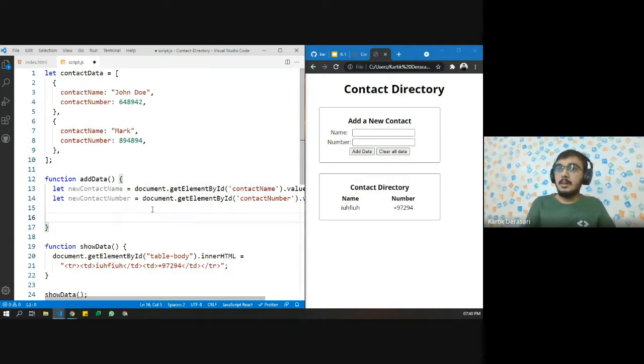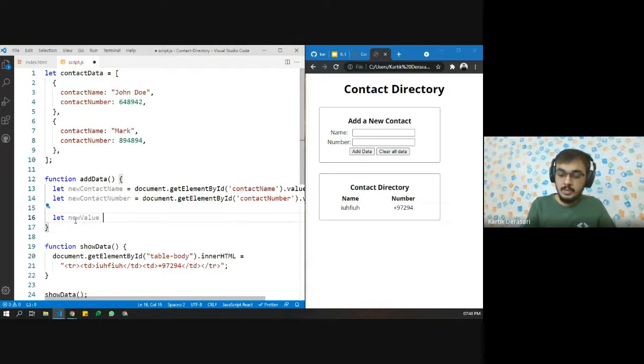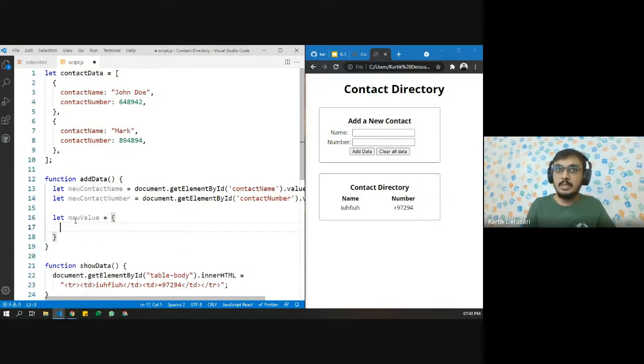So let us create a new object. Here we have different objects, right? So let us create a new object. Let's say newValue equals a JavaScript object. Then we'll have the same structure. So we have contactName and we have contactNumber. Inside contactName, we want to pass this.